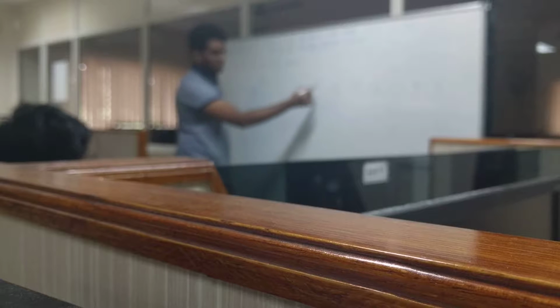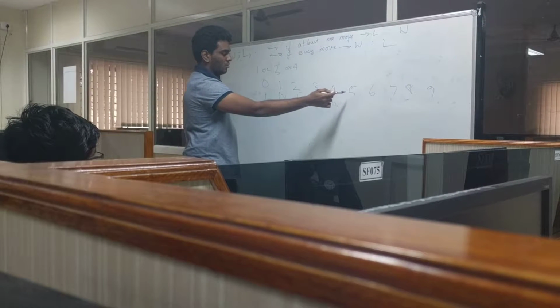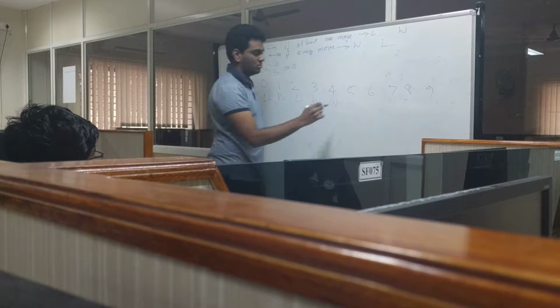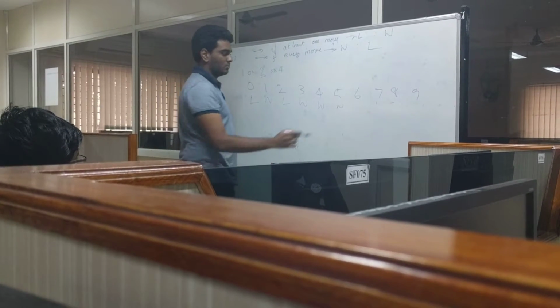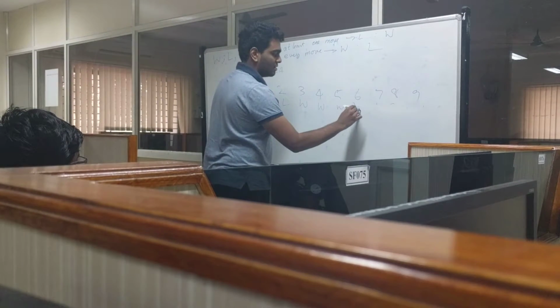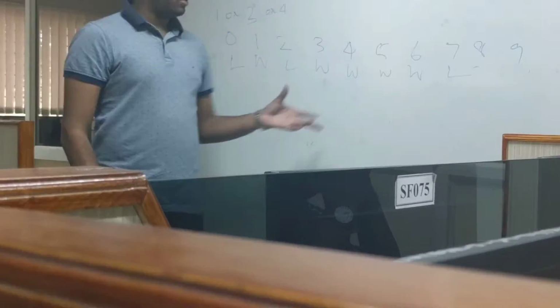This is a losing state. Losing state. 5 can go to 2. It's a winning state. It's a winning state. It's going to go to 2. Winning state. 7. See, you have 4 like this. It's a losing state. You can't